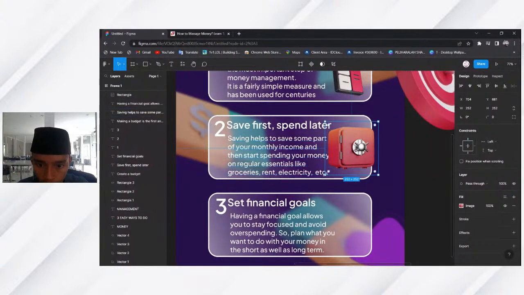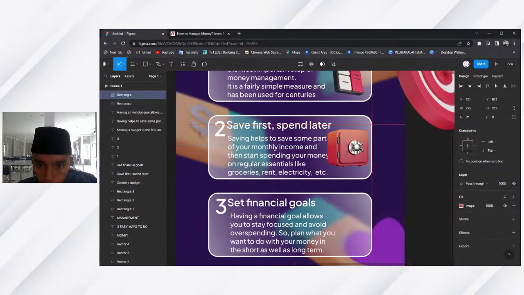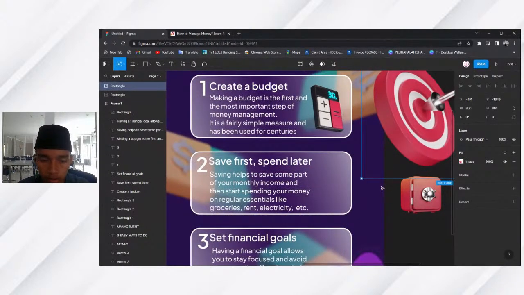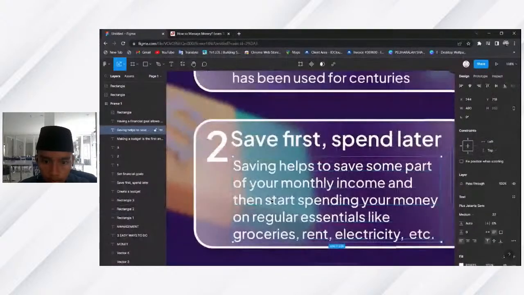I'll put this here and make it smaller. Yes, I'm going to adjust it.